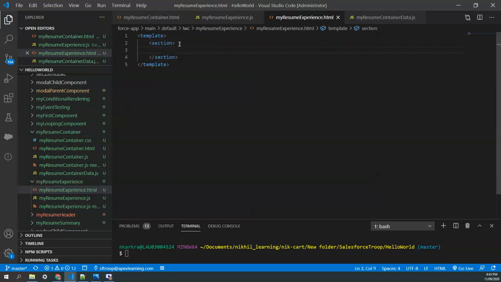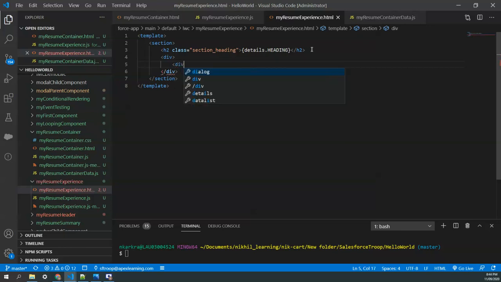The main wrapper will be the section. Then an h2 tag, and the h2 tag shows details dot heading, and within this we have to pass the class section heading. That is the same class we used previously. Apart from that, I have to wrap everything inside a div. And what we're going to do here is first create a wrapper for our content. The wrapper will contain the class